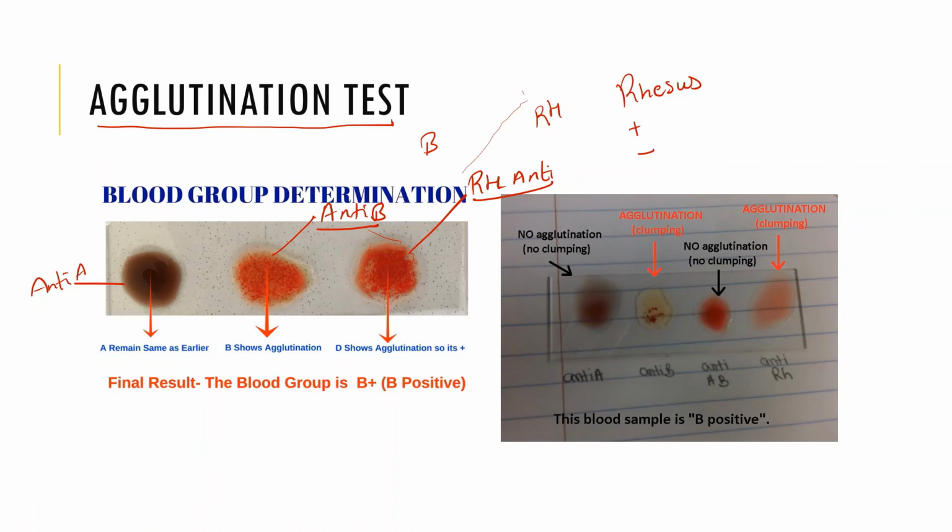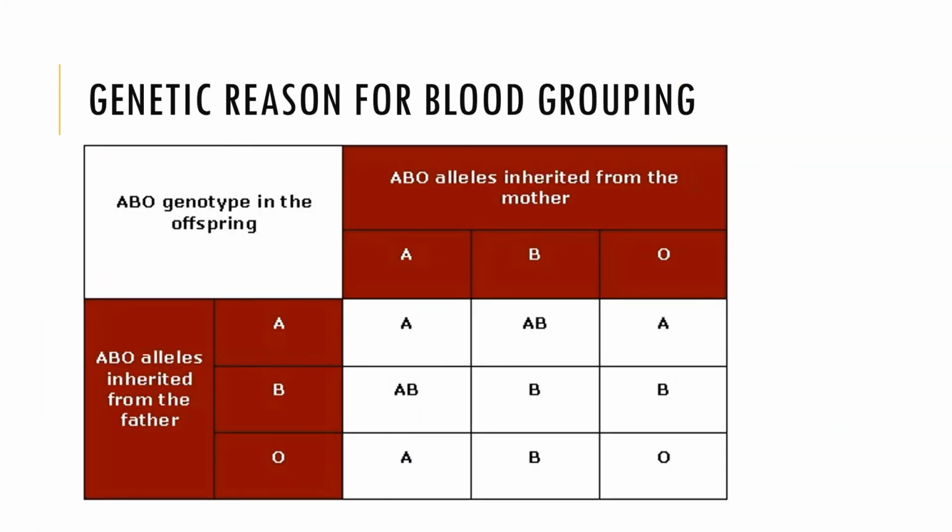Now how this blood grouping is fixed, that's also very important. What determines whether you're going to have antigen A on your RBC, or antigen B, or both antigens on your RBC? That's a major factor. And what determines everything in our body? Genes. The genes you receive from your father and mother determine what type of blood group you are going to have. So that is how genetics decides your blood group.